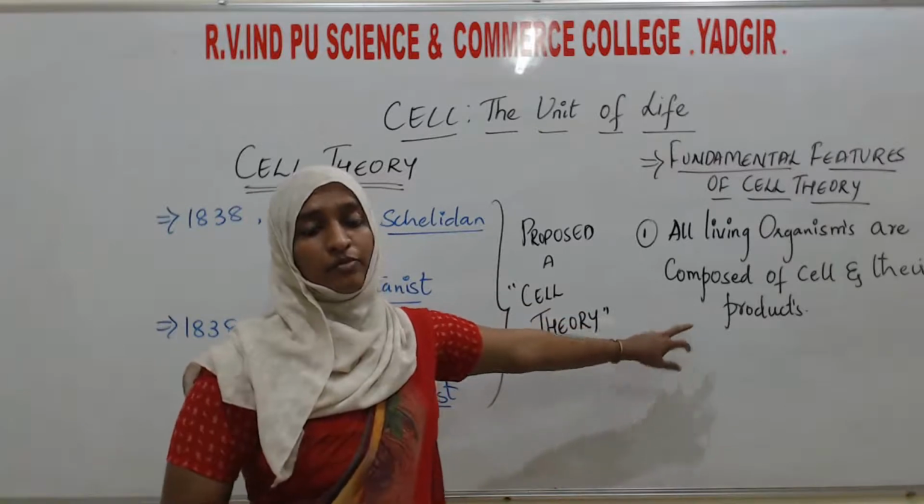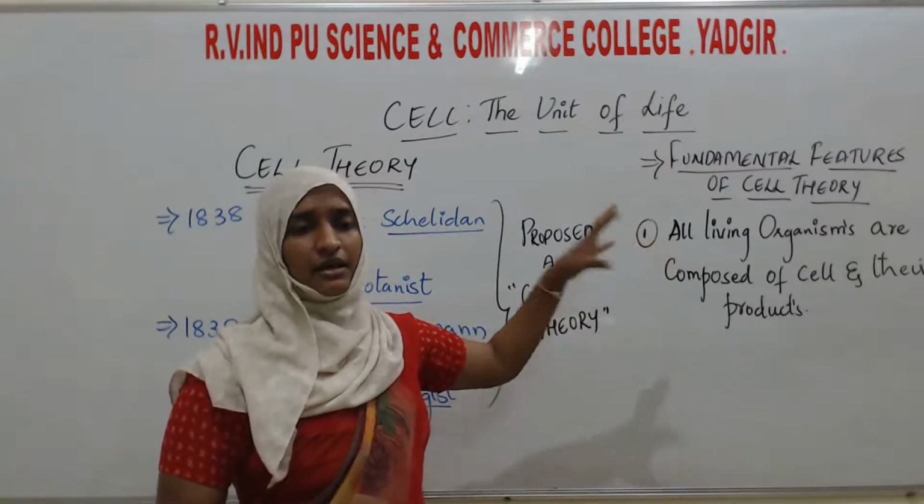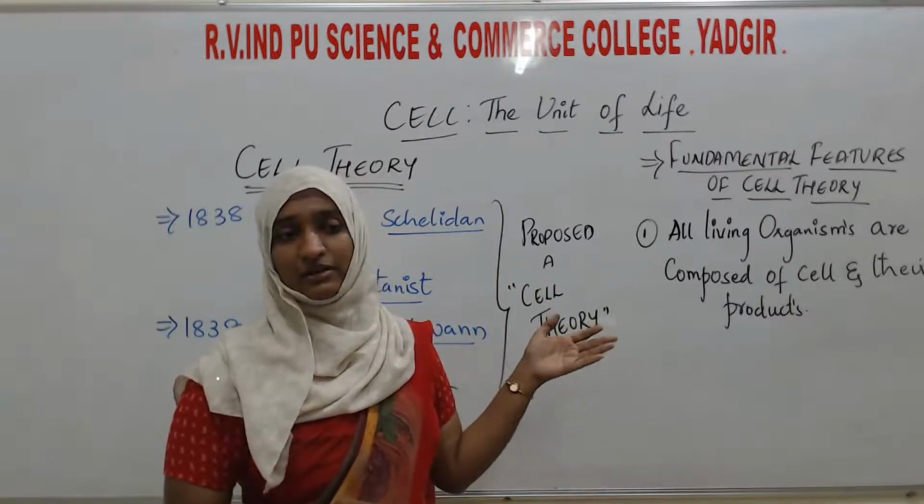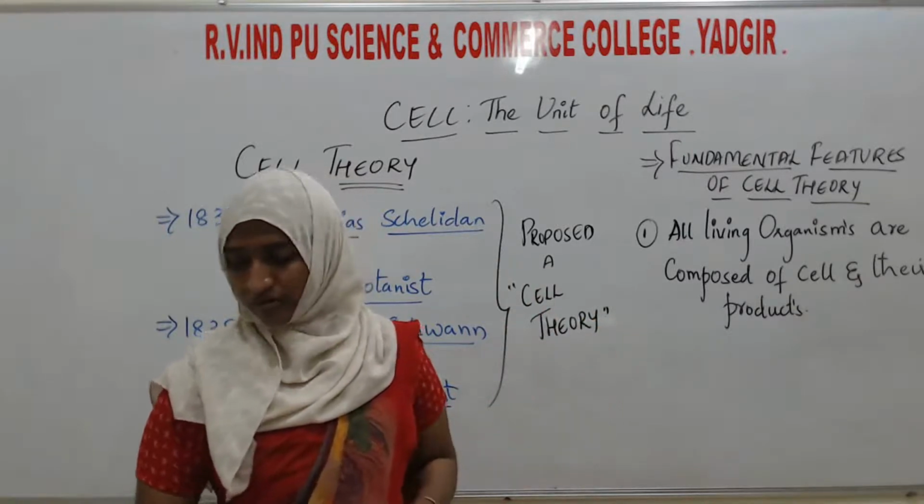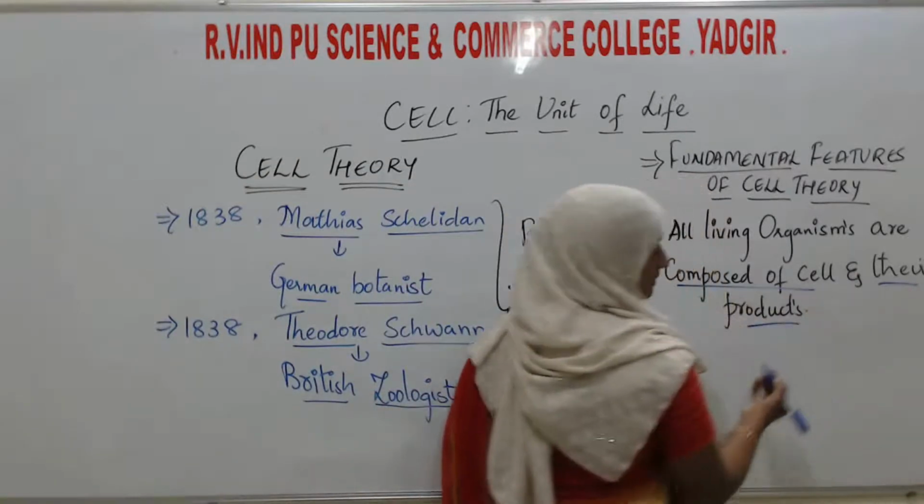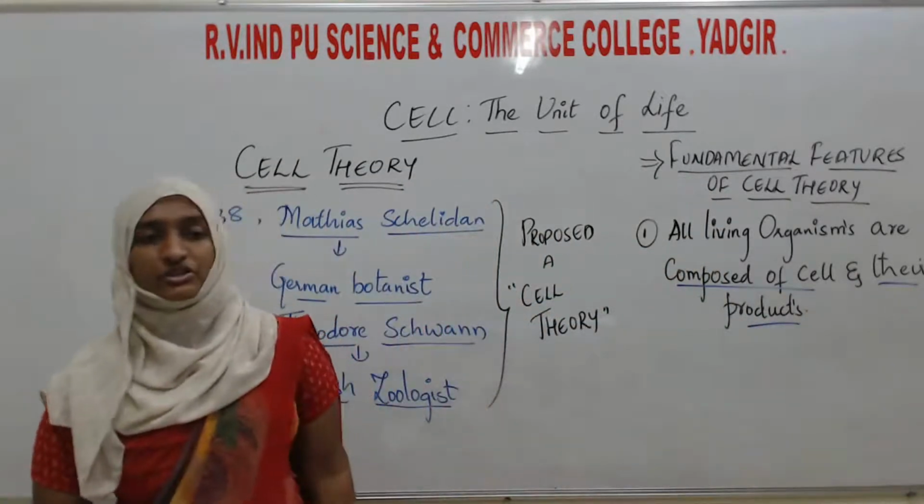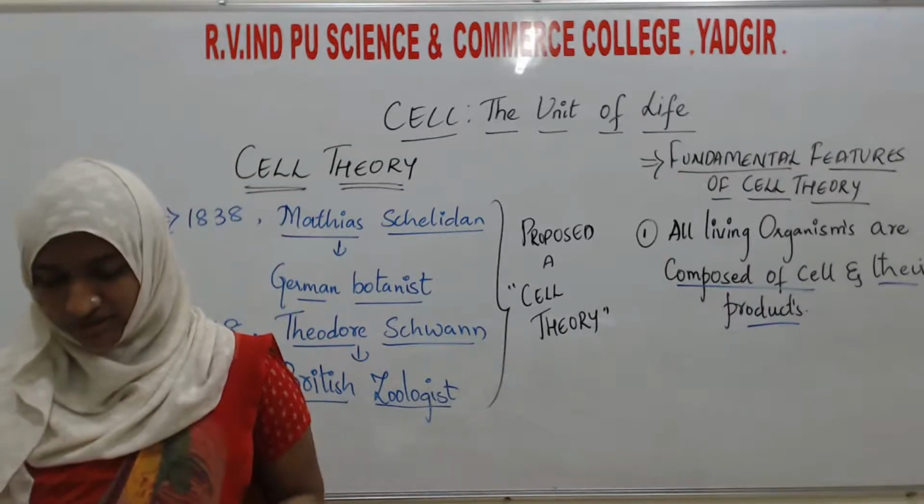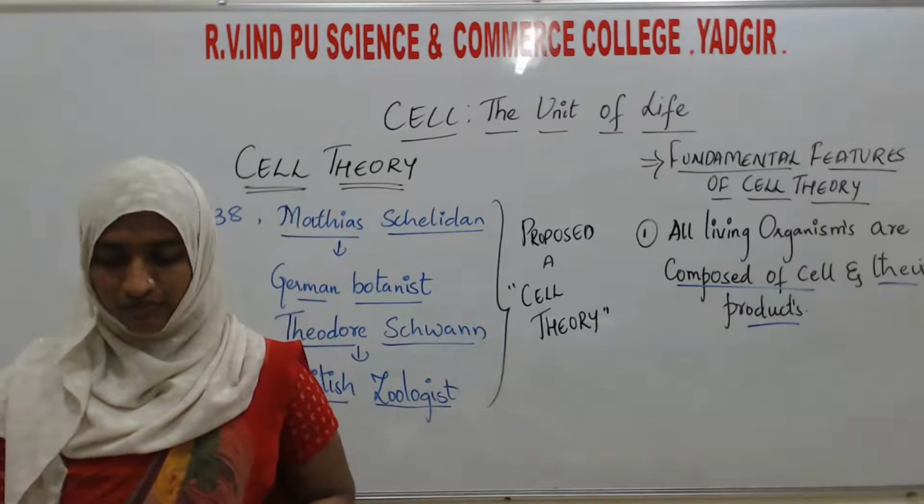Of the cell. So whatever the organism, either unicellular or multicellular, that all are composed of what? That all are composed of cells and their products. This is the first fundamental feature of cell theory. The second fundamental feature of this cell theory means,